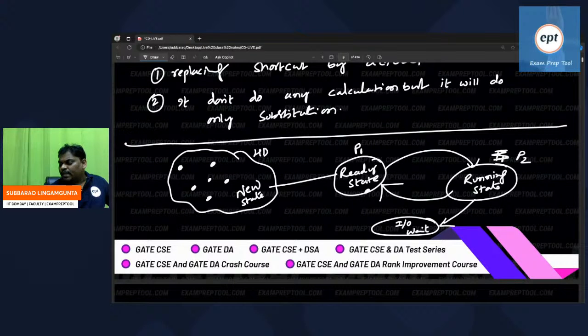Whenever a program is running on the processor, if any IO problem comes, maybe input required, maybe output required. Unfortunately, to give input a keyboard is required, but the keyboard is not available. To get the output a printer is required, but the printer is not available. Now the CPU will say to P2, hello P2, can you wait in the IO wait state? So at that time, the processor may take P1 again. P2 is waiting in the IO wait state. Whenever what P2 was waiting for has happened, it will go back to the ready state and once again wait.